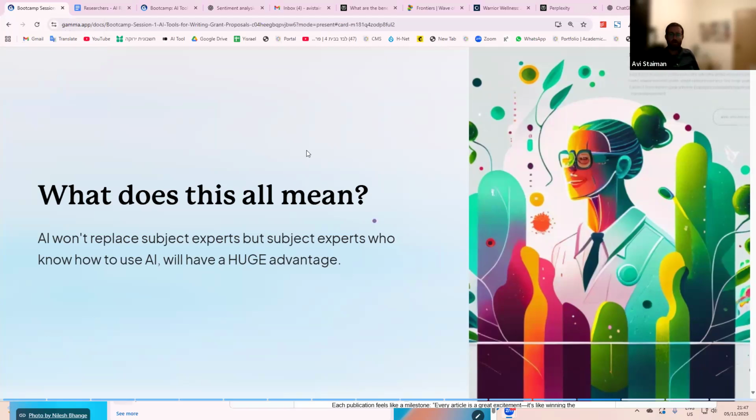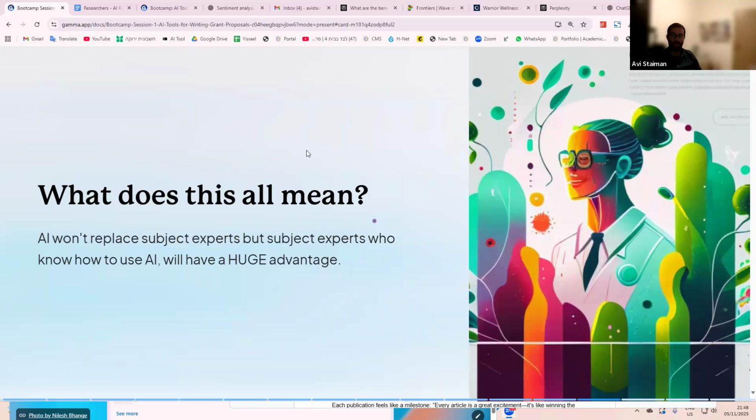So what does this all mean? So we saw the frontier LLM approach where we can do really creative stuff. We can write, we can edit, we can revise, we can brainstorm. We saw the RAG approach where we can actually get accurate, factual answers with sources to questions that we have based on the academic literature. So in my mind, it's really important to know which tools to use in which use cases. I like to say that too many people are using ChatGPT as a hammer to bake a cake, okay? It is a very powerful tool, but it needs to be used for those things it's very powerful for.